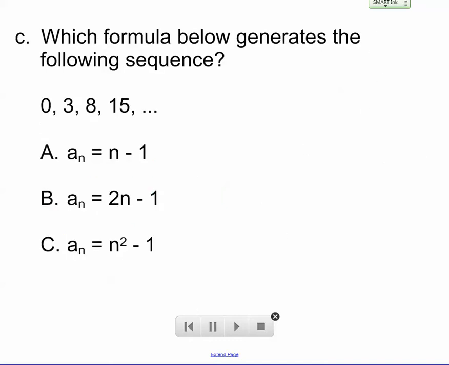Which formula below generates the following sequence? Okay, so which one of these will give me 0, 3, 8, and 15? Well, let's just do this by trial and error, I think would be our best bet. So on this first one, the value of the fourth term should be 4 minus 1, but that's 3, not 15. It's supposed to be 15 for the fourth term. So A is straight out. It doesn't work. What about the second one? 2 times 4 minus 1 should give me 15, but again, that gives me